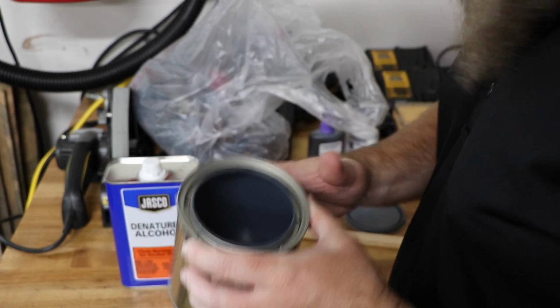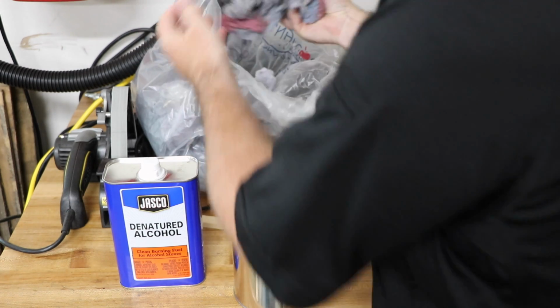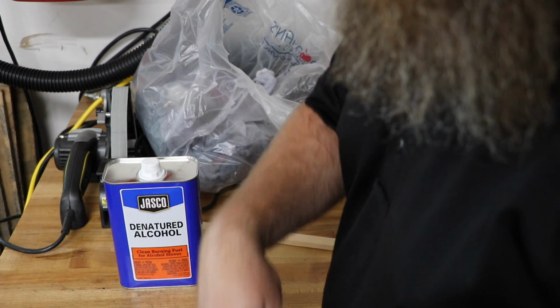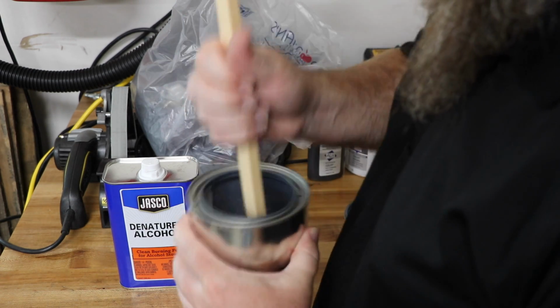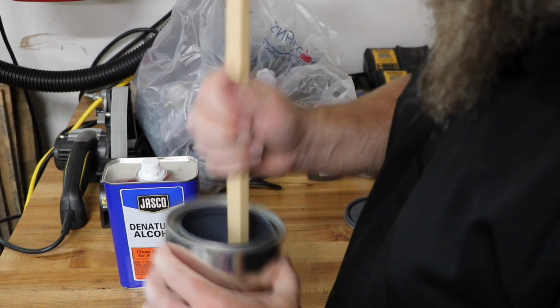Alrighty, so we're all cleaned out. It's time to start filling this. So I'm just going to take a handful and shove it in there. Now, the last time I did this, I just kind of shoved it in there and hand patted it down. This time I'm actually going to grab a piece of wood and shove it down in there and get the first layer to be as tight as